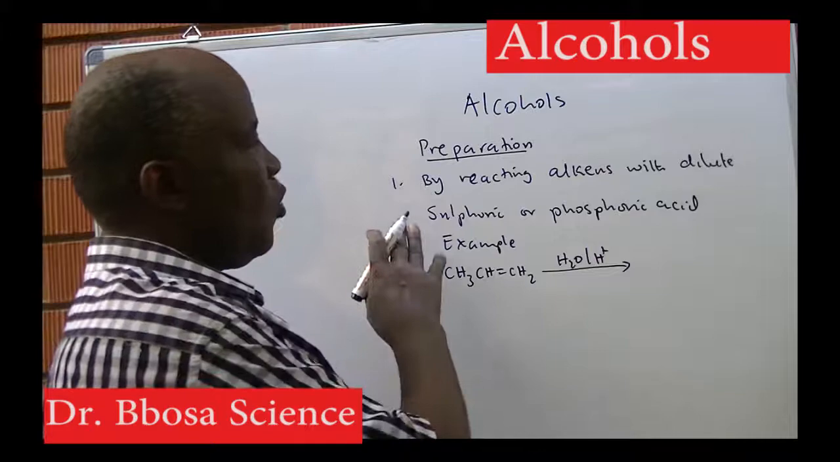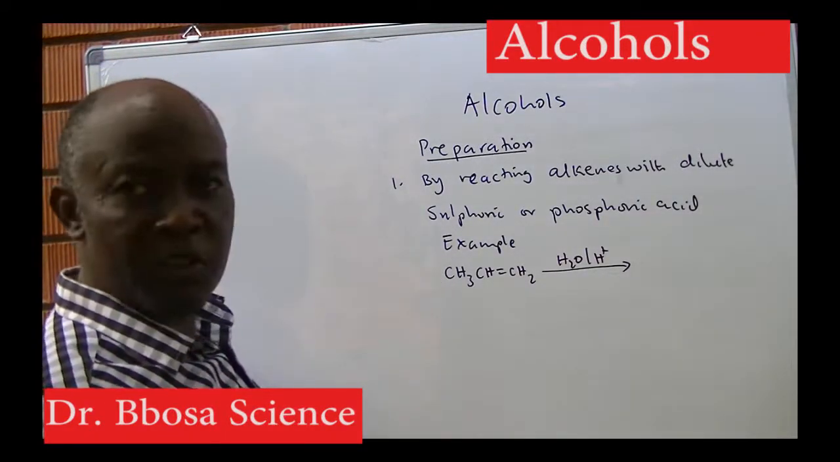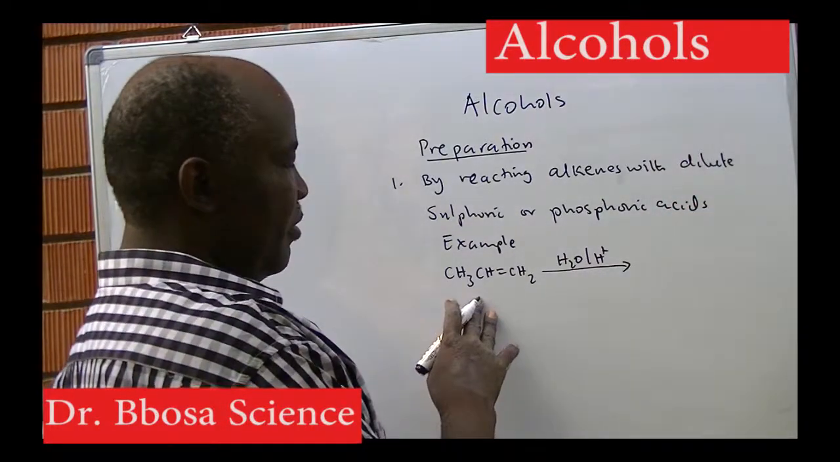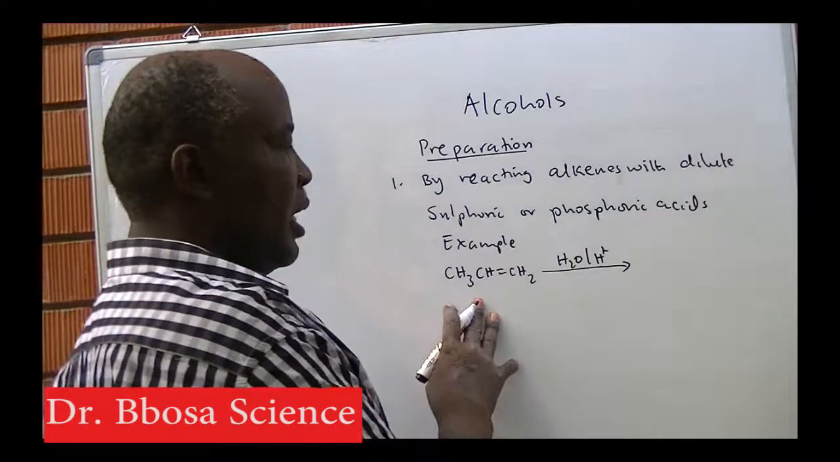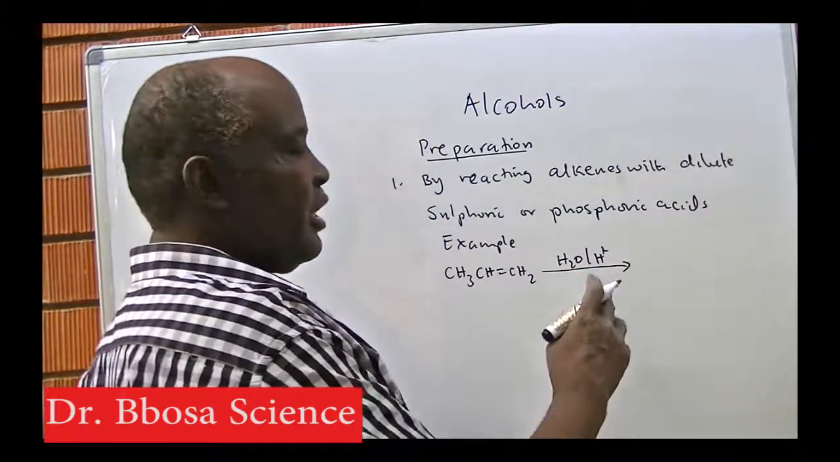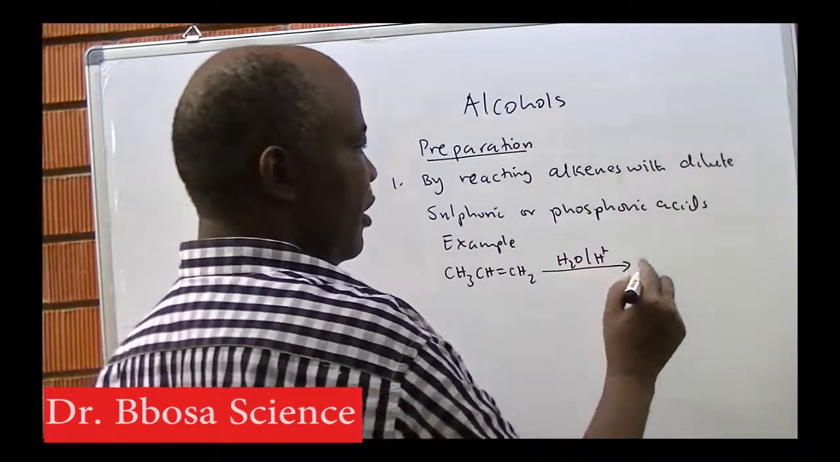Preparation. 1. By reacting alkenes with dilute sulfuric or phosphoric acids. An example, propene plus water in the presence of an acid. When we put H+, we mean either phosphoric acid or sulfuric acid. We get